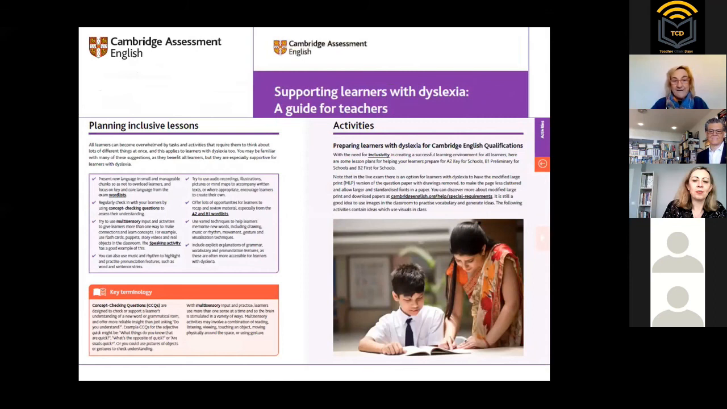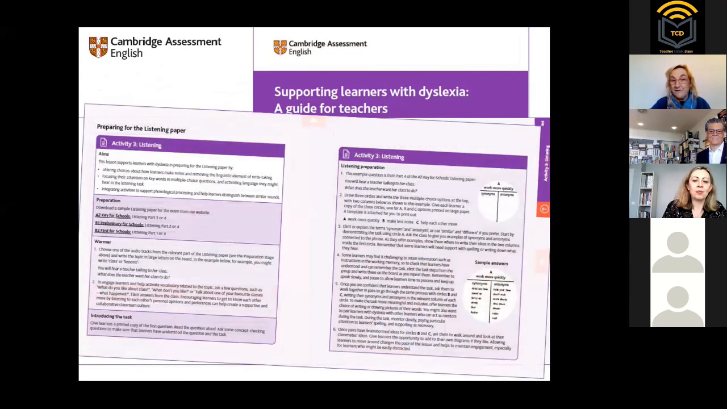And you can see how, again, like the writing guides, they're packed full of ideas and suggestions for teachers, which hopefully you'll find useful, including lesson plans, for example, for preparing for a particular paper. So really, these are just fresh